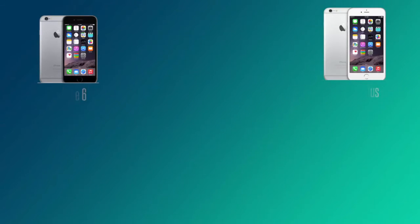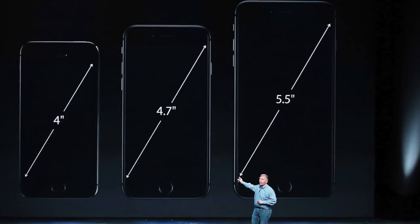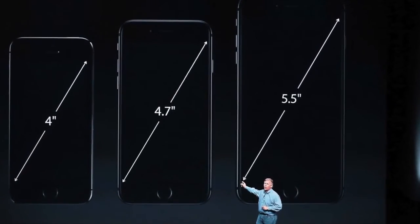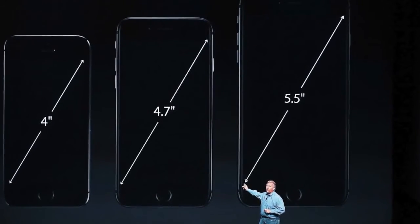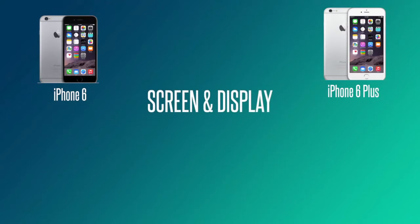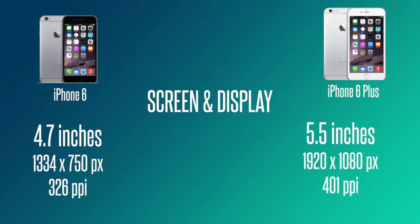So let's start off talking about the physical appearance of the two devices. Apple told us that they are both going to be bigger than the current generation 4-inch screens with the 5 and the 5S. The iPhone 6 comes in at 4.7 inches. It's got a 326 ppi with that 1334 by 750 pixel resolution, and it's on par with the 5S in terms of the screen. The screen does taper over, so that's slightly different from the 5 and 5S,